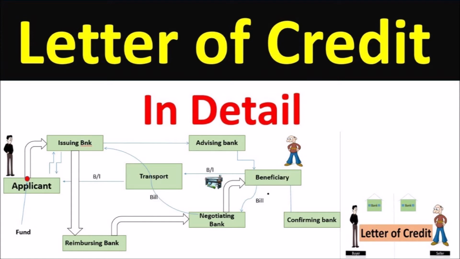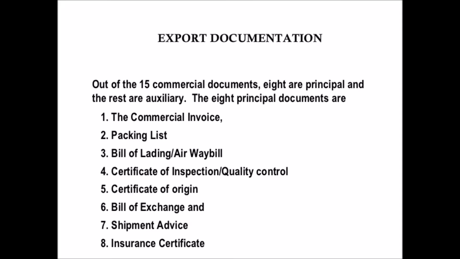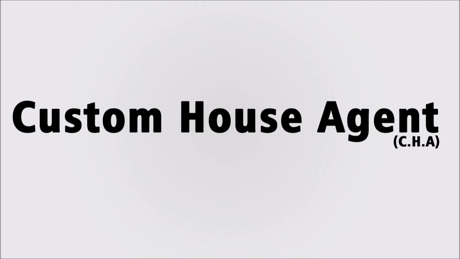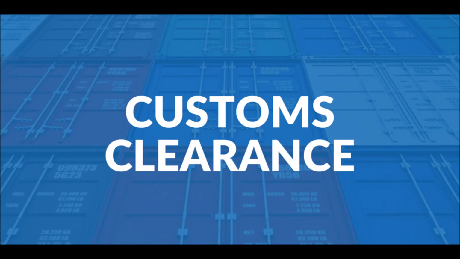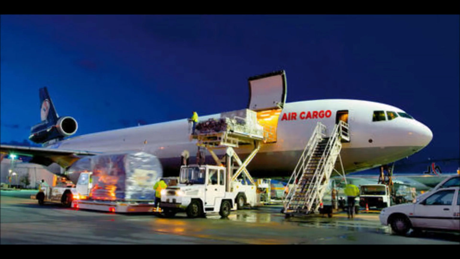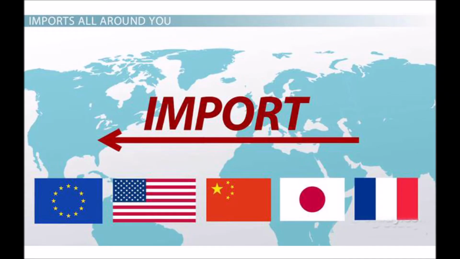Prepare commercial invoice against purchase order or LC. LC means letter of credit. We will discuss in detail about LC in other parts. Submit all required export documents such as invoice, packing list, COA and MSDS, etc. to the CHA for each shipment. Send products for customs clearance through CHA. After getting clearance, the material will be shipped. In the importing country also, customs clearance is required.